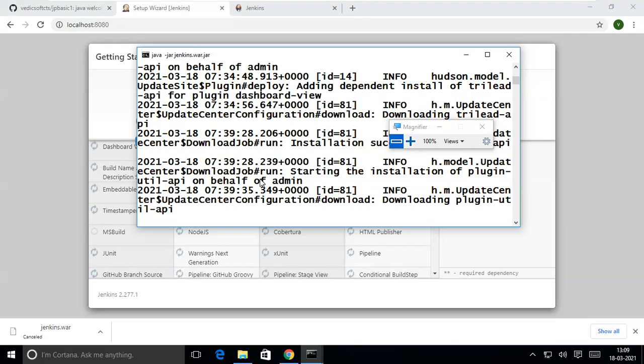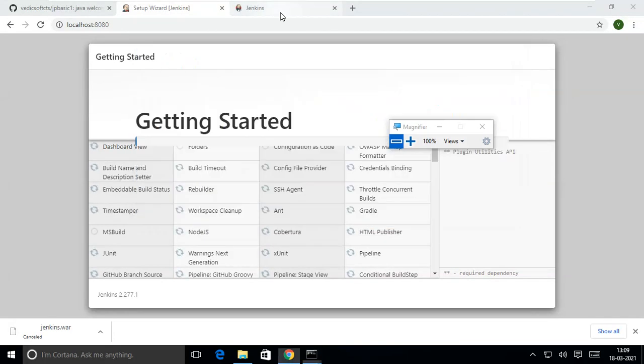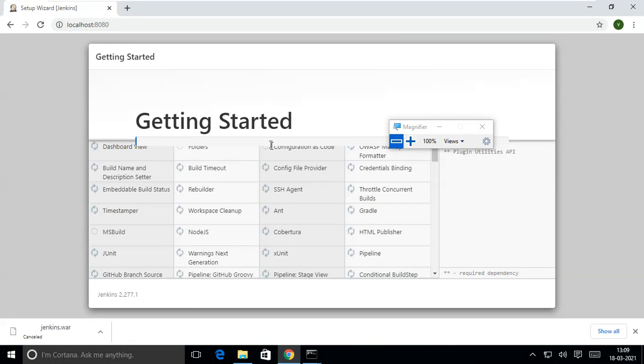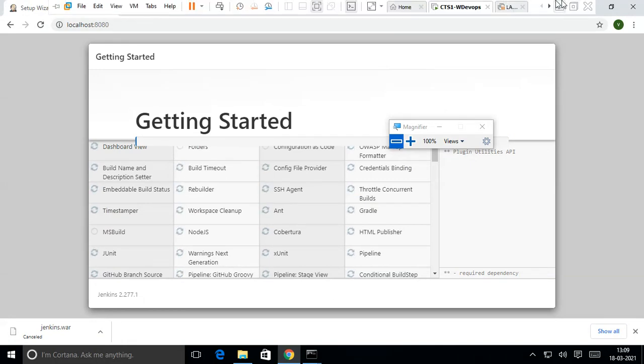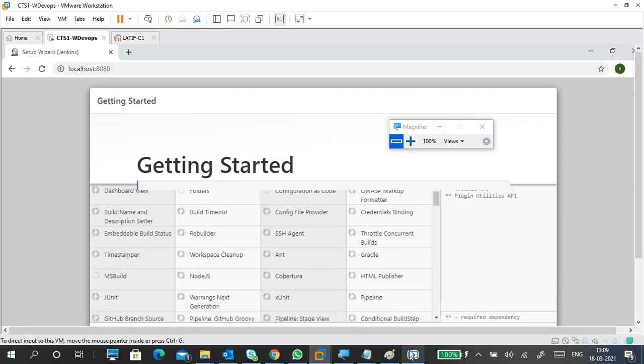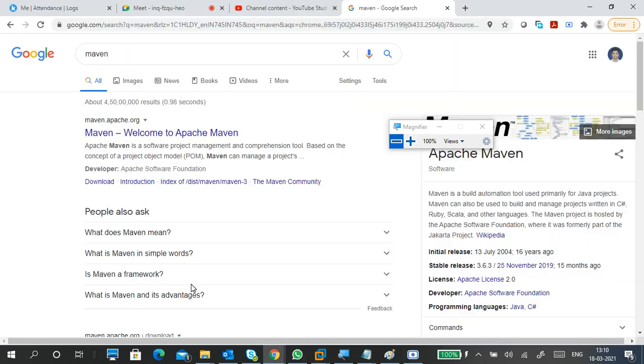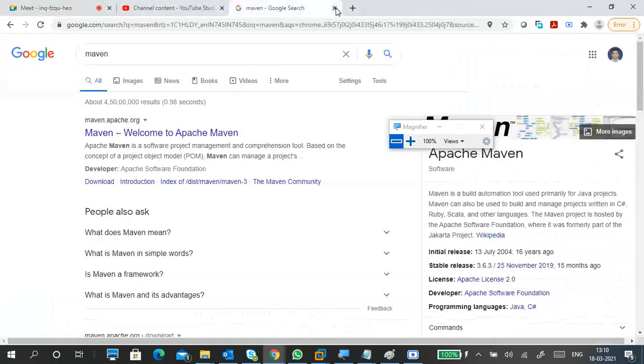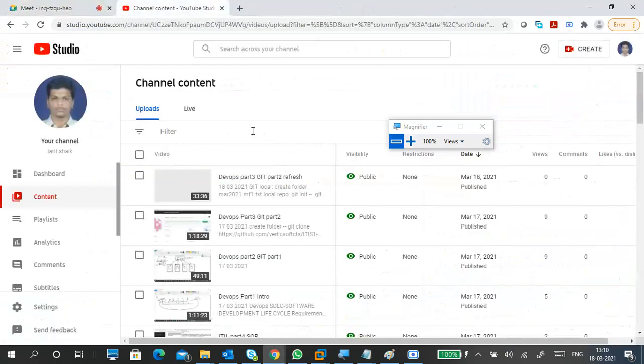Trying to download. I'm closing this one also currently, trying to reduce all the internet utilization. We can't close this one. Okay, we'll talk about Maven later.